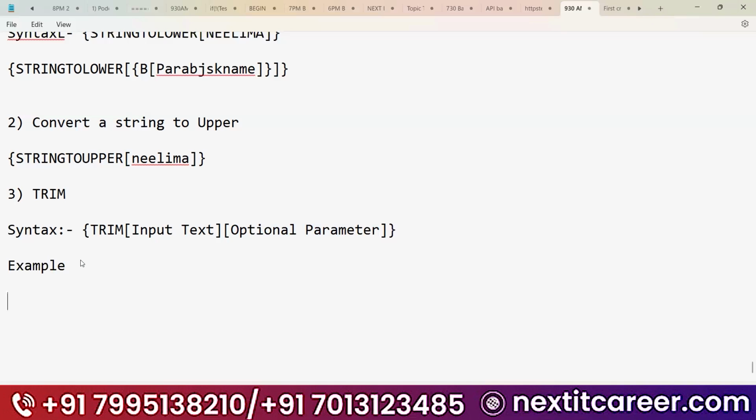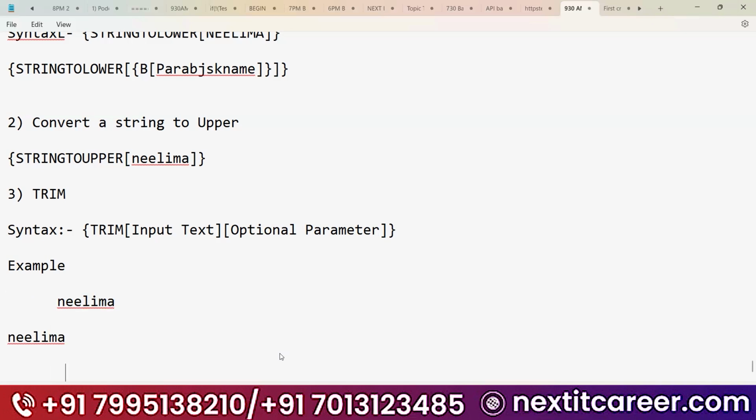For example, let's take the same example, Nilima. This time I have spaces before. Now I have Nilima, and this time I have spaces after.